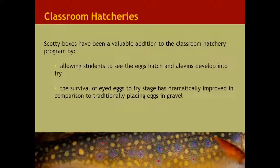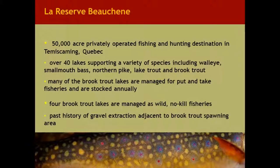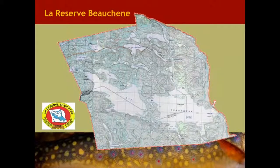And in terms of survival, we've had a variety of different scenarios with the program. We've had zero survival when it comes to these units as a result of technical errors. Somebody pulled a plug and the aquarium got too warm. And then we've had situations where they've had 90% survival to swim up stage. So it's really been helpful having the Scotty boxes as part of the classroom hatchery program because it enhances the survival to the swim up fry stage as compared to traditionally just putting the eggs into the gravel of the